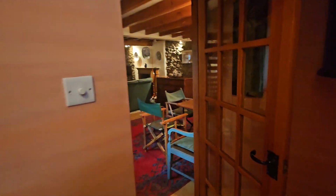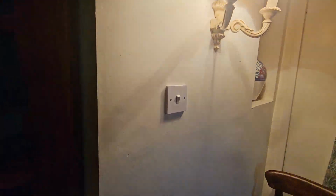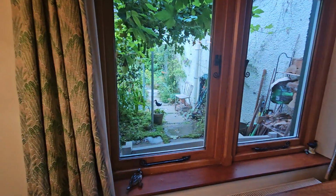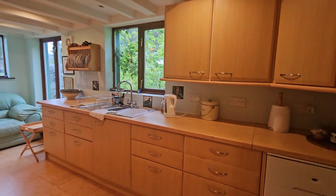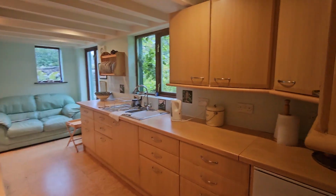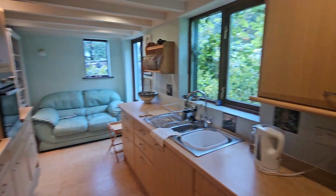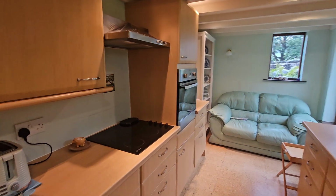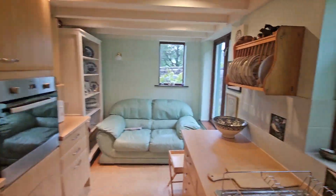So we're coming back along, going back through the lounge dining. We came in over the front there, and then we go back, so you can see how you're looking over the patio area at the back here, and then into the kitchen area at the rear. So a pleasant kitchen, oil fired central heating, and you may wonder why there's a sofa in the kitchen, but that's because,